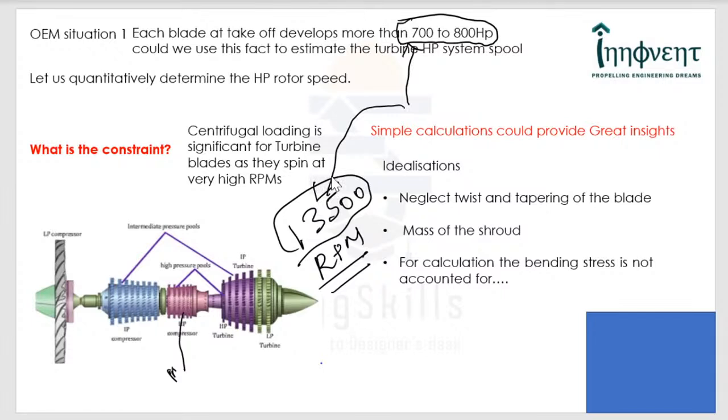Now, before we make any engineering hand calculation, or any answer is presented to the interviewer, a young engineer must be very, very systematic. He has to state all the idealizations. Because if you Google a simple turbine blade, it can have twist, it can have tapering. Especially turbine blades will have a shroud on the top. You can simultaneously Google and see, because for the sake of clarity, I want you to look at a particular blade.